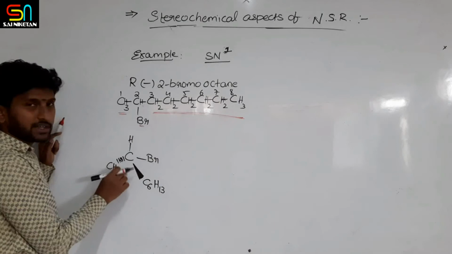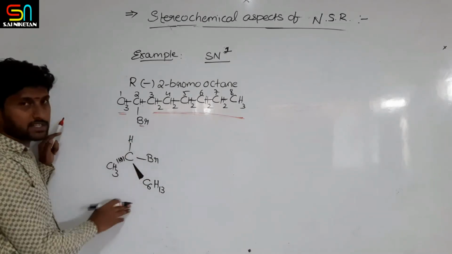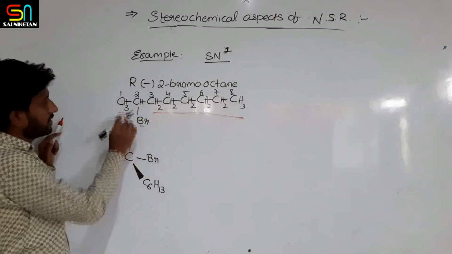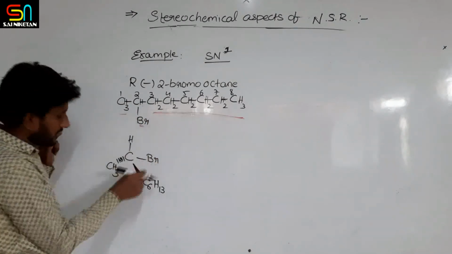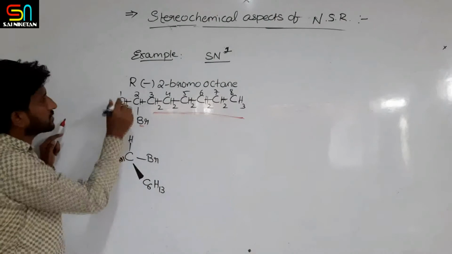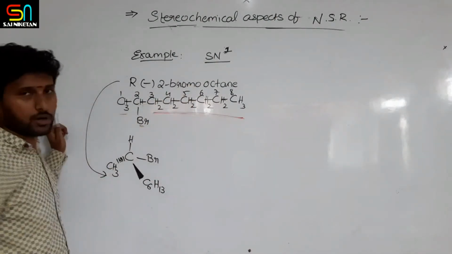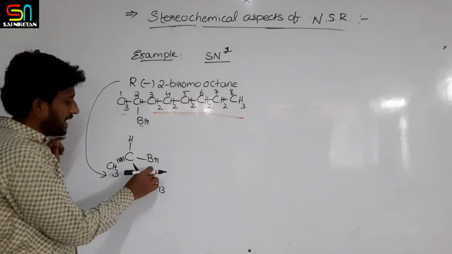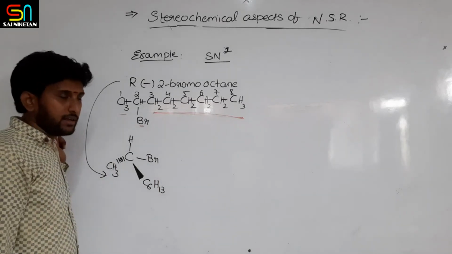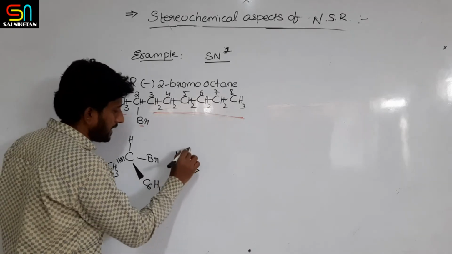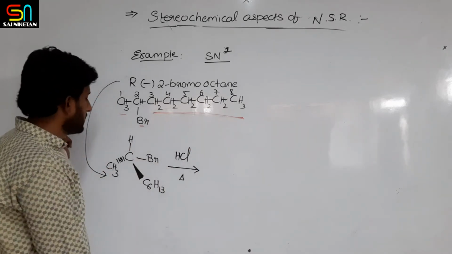The same molecule I have written in this 3-dimensional wedge diagram. Okay, Br, hydrogen, methyl group, hexyl group. Everything I have written here. So this molecule name is what? R minus 2-bromo octane. If this R minus 2-bromo octane undergoes reaction, okay, let us assume